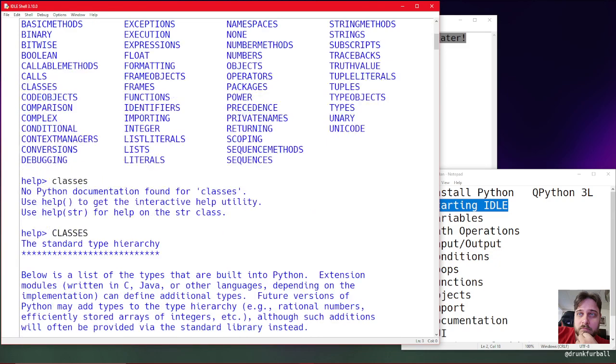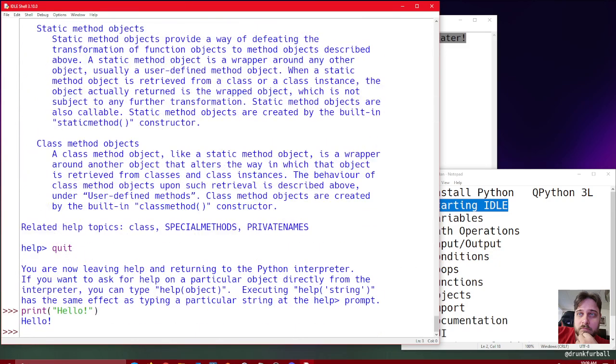The three angle brackets prompt shows you that you're in the interactive shell. If you exit out of that, it'll ask you if you want to continue running that in the background. Go ahead and say no. And then back on that home screen, next to the console option, you'll also have editor and programs and QPy. That's just a package installer. We'll get to that later. But if you pop open the editor